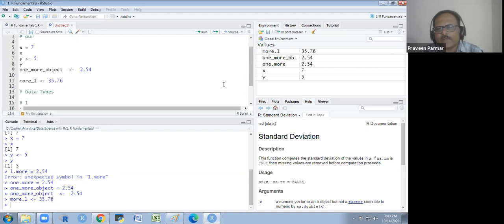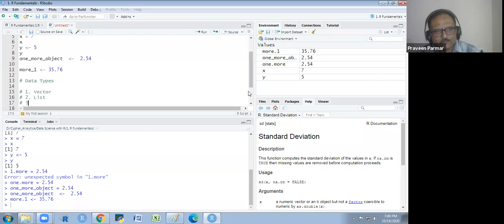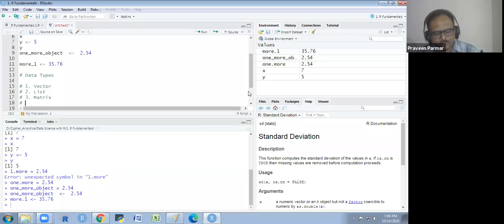First data type is a vector. Second data type is a list. Third data type is a matrix. Fourth data type is an array.